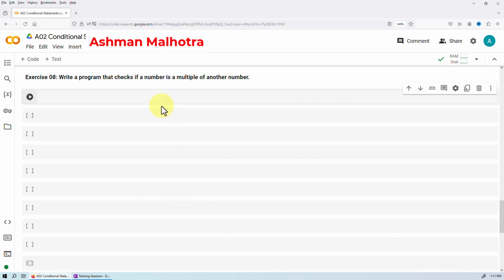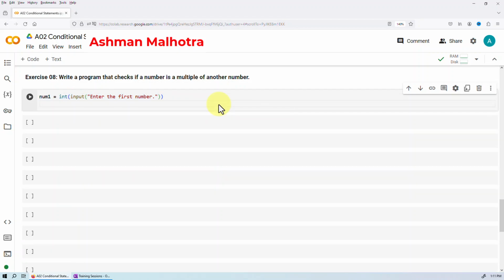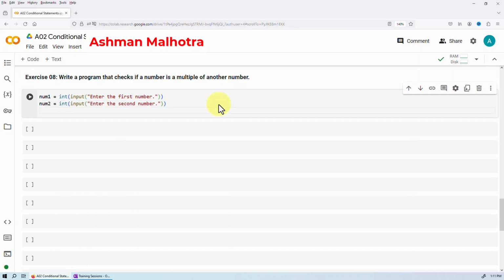I'm going to take the input of the first number. Let's say num1 is the first number. And then I will also typecast this input to the integer form. Now I will take the input of the second number. Once the input of two numbers is taken, we can now check whether the remainder of the division wherein num1